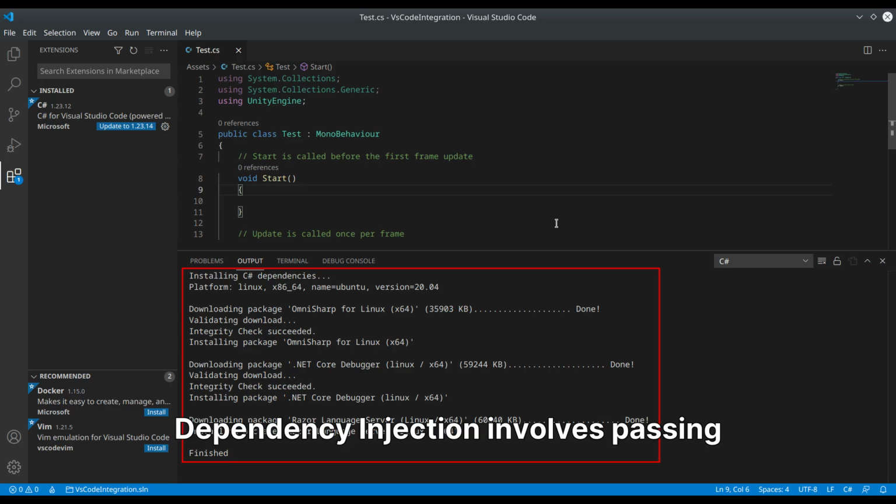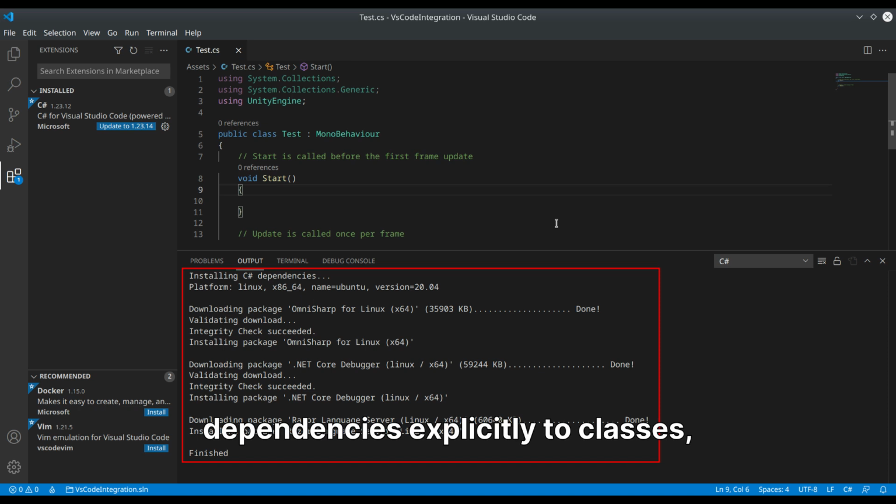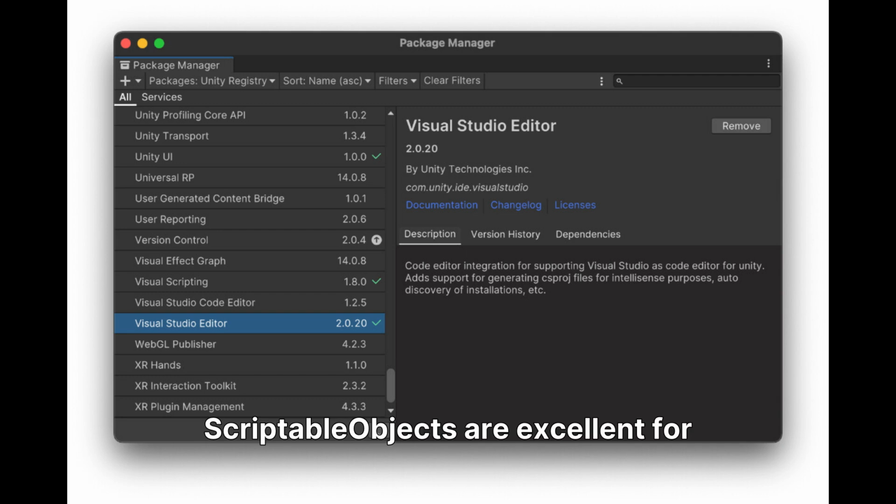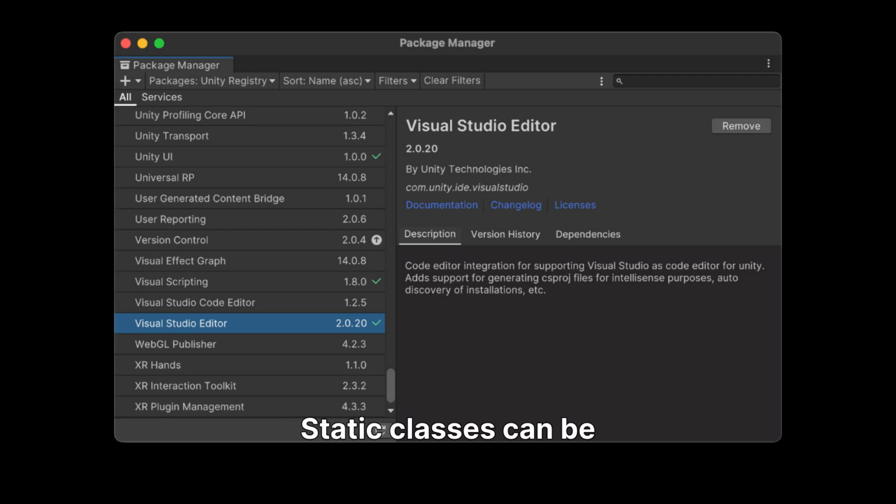Dependency injection involves passing dependencies explicitly to classes, making them easier to test and manage. Scriptable objects are excellent for shared data and game settings, providing a data-driven approach without global access points. Static classes can be an alternative, but unlike singletons, they cannot be destroyed or disposed of, and their state persists